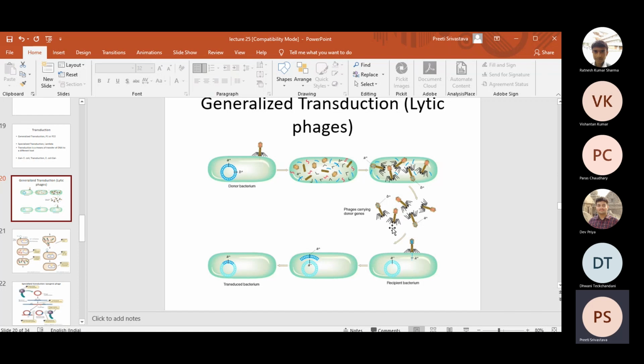So ultimately, when you do the infection, because you have a selection pressure, you can select the colonies, right? For example, you can select colonies on galactose media, on biotin media, or on antibiotic plates, right? Okay, ma'am. So that is why you can discriminate. Yes, ma'am. I got it.